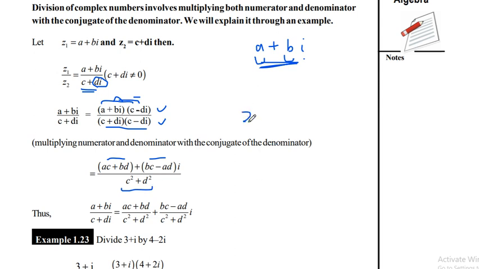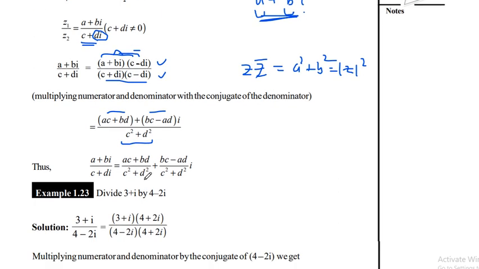So whenever you multiply any number by its conjugate, it becomes a square plus b square, which is the square of the mod. Okay, so this is how you get it. So now you divide this by this number and this by this number. So you see, you get something without iota and something with iota, and both are real numbers. These both are real numbers, one without iota, one with iota. So that's your division. That's how you divide two complex numbers.